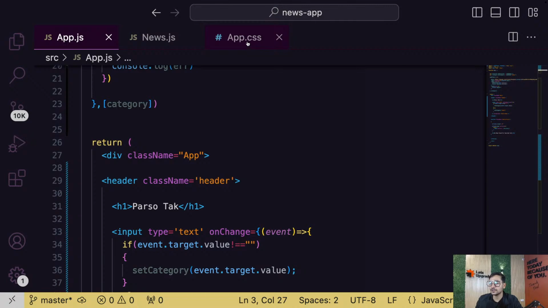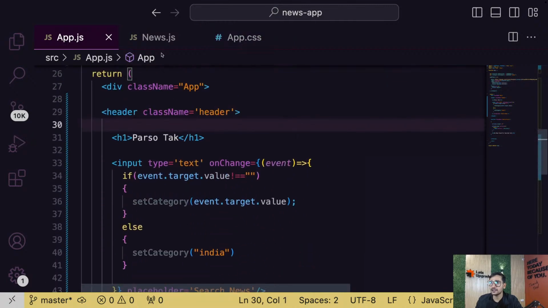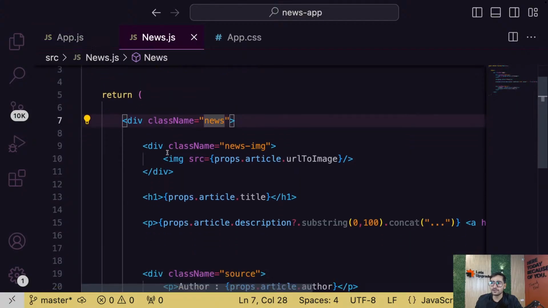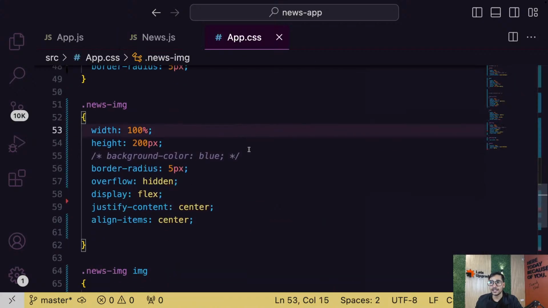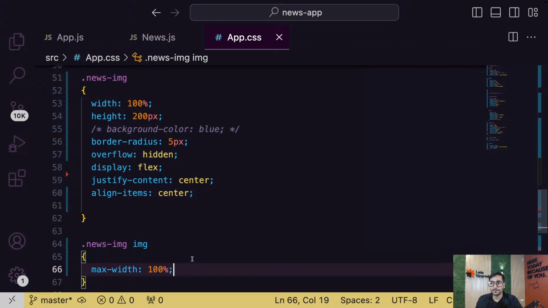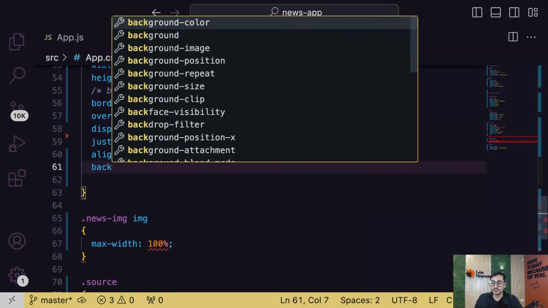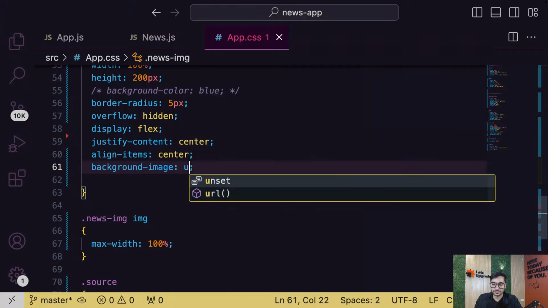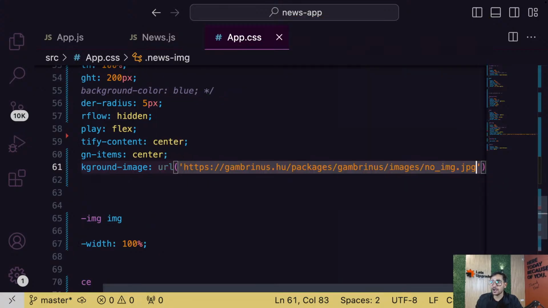Then just go in your image tag, in your CSS. So guys, you have an image tag, right? You have an image tag in here. See, its SRC is basically the image that you got from news. Now, guys, do one thing, very important. In that box also you can do it. In that image box, give a background image: background image URL, this image. So in that box, guys, pass this image.